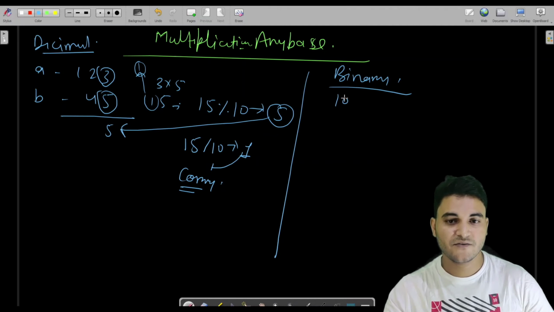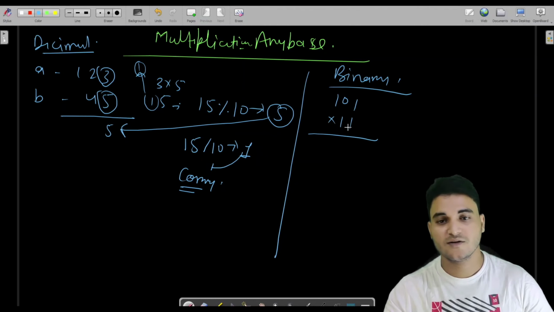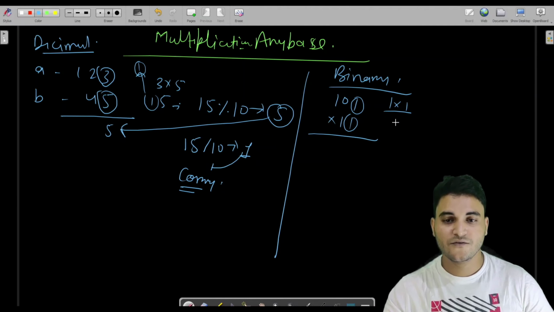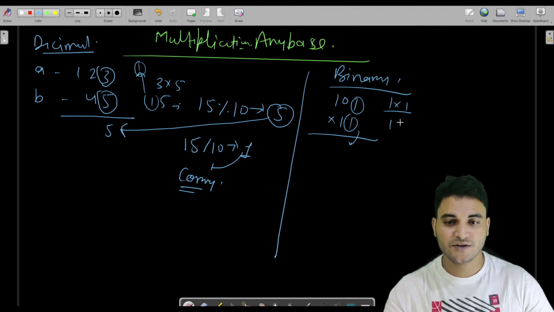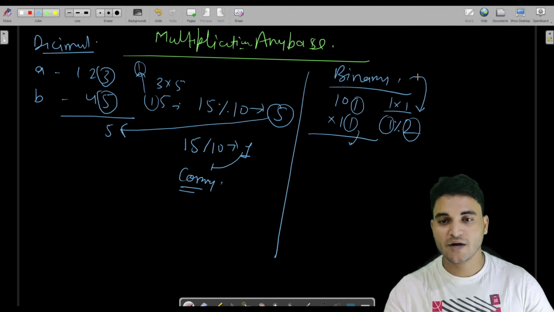Let us say we were having 1011 and 1. Fine, and we have to multiply these two numbers. So we used to multiply these two digits, which is 1 into 1 is 1. So we have to write here 1. How we were achieving that was the logic 1 remainder 2. Why were we taking remainder of the multiplication result with 2? Because we were multiplying two binary numbers and binary base is 2.